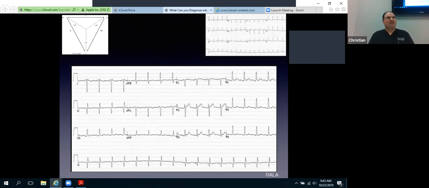So lead 1 is using this side as a negative, this side is a positive, only you've switched the leads, right? So now you've reversed them. So lead 1 now is the reversal of itself. And because of that, you have a complete negative deflection here, right? But not only have you reversed that, but now if you put the left arm on the right side,